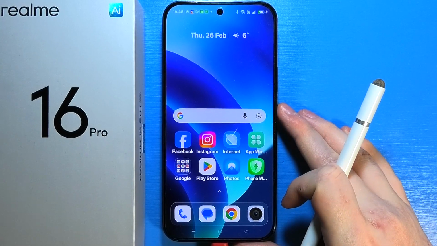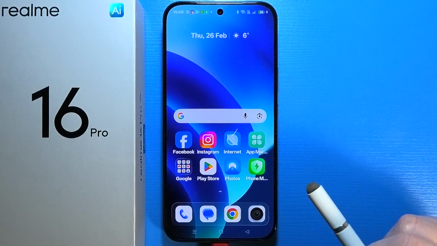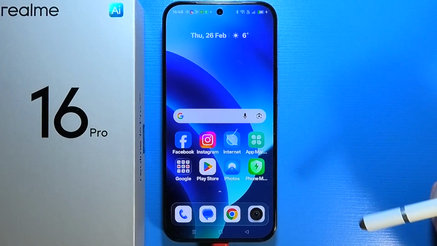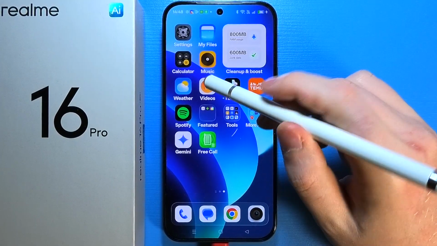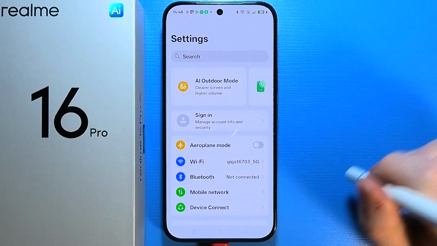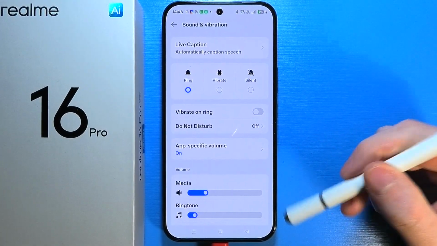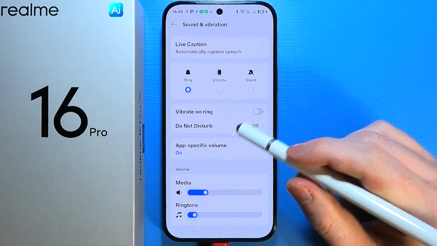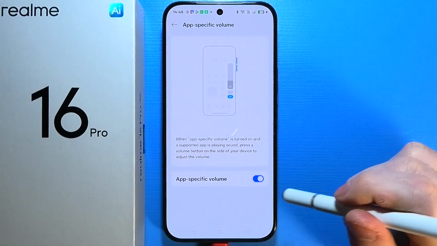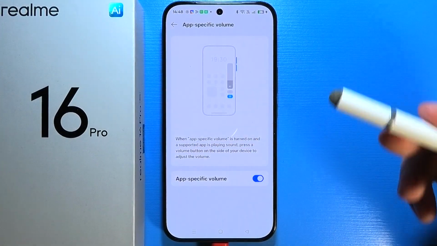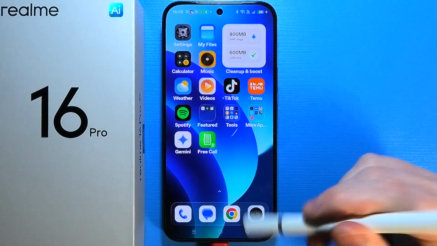To enable and use app-specific volume in Realme 16 Pro 5G, first of all, we'll need to open settings on our device. Next step is to scroll down, and here we want to select sound and vibrations. After that, we can find the app-specific volume. If you select it, you'll be able to enable this option, and now to actually use it, basically what it